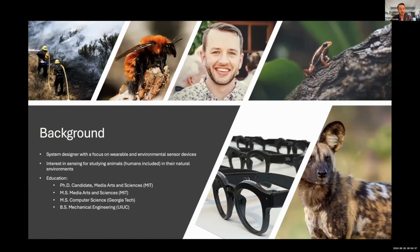So I make systems both for humans, so wearables like smart glasses with a lot of environmental sensors, but also wearables for dogs, both domestic and wild, and then also with different types of environmental sensors that we distribute throughout a landscape. And so a lot of the work that I've done over the last 2 years has been focused